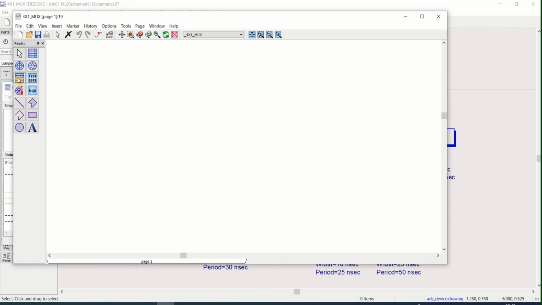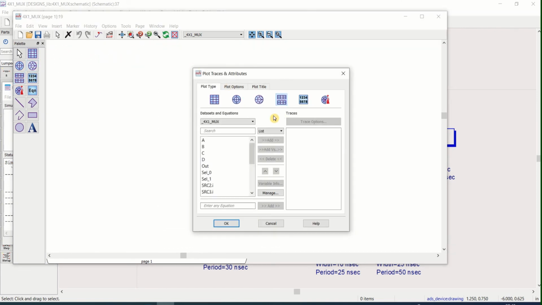You can perform the simulation. Plot the rectangular plot in A, B, C, D, out, and you require selection lines 0 and 1.